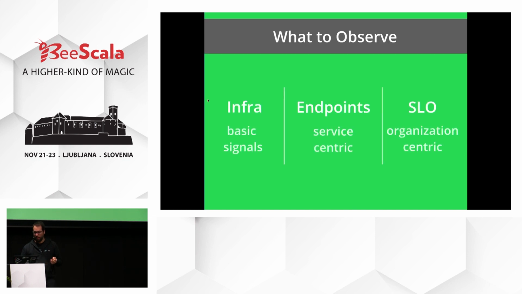So the first thing, sorry. We divide this into three categories. First, some basic stuff that is infrastructure based. It doesn't even care about what your application does, but it's basic stuff that you should have for any application that you're running. Then service level information that is tied to your service, to the business logic that you are running. And in some cases, if it is applicable, you could have a higher level of instrumentation where you measure your actual business logic, the things that matter to your business. So let's try to go through that.